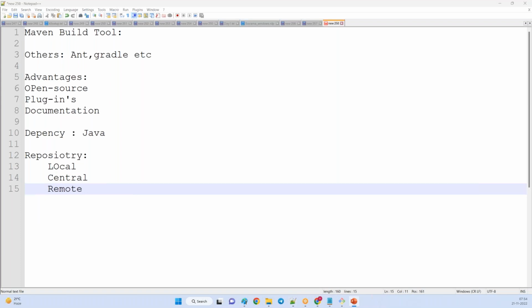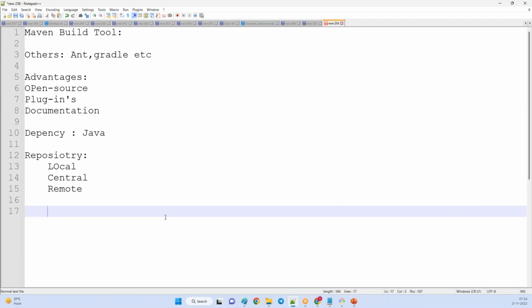Also, Maven has an important life cycle, which we call the Maven life cycle. The code is developed by developers, and you can make an application file within a life cycle. We have different life cycle phases. The repository is nothing but one central location. We discussed Git and GitHub already, right? The repository is one place or one folder where you can keep all the important files.